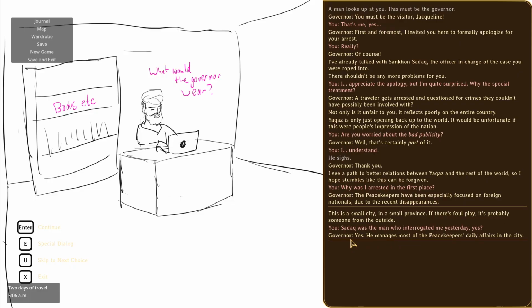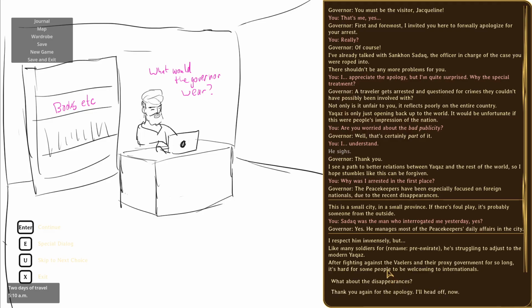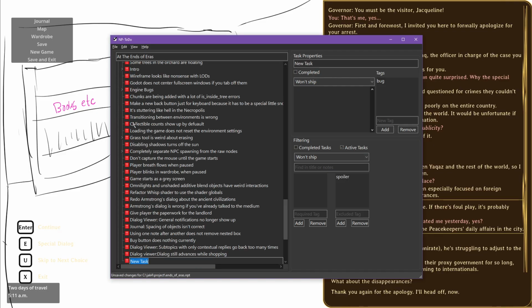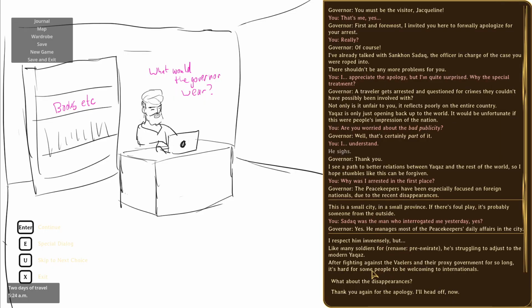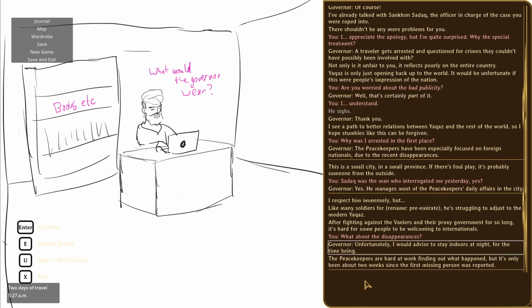So now the issue is I don't like that this is here, so I'm just going to put a dialog viewer. The end bar is... yeah. So what about the disappearances? Well, actually now,